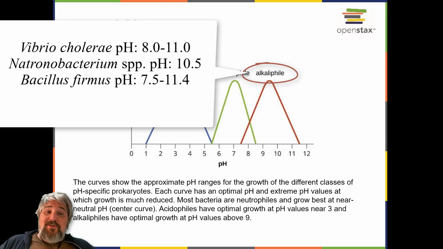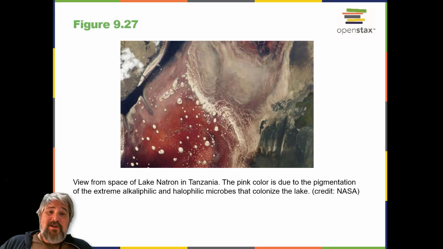When it comes to survival at high pH, the bright pink archaeon Natronobacterium, found in the soda lakes of the African Rift Valley, may hold the record at a pH of 10.5. Oh, we have a picture of them. Here we go. Extreme alkalophiles have adapted to their harsh environment through evolutionary modification of lipid and protein structure and